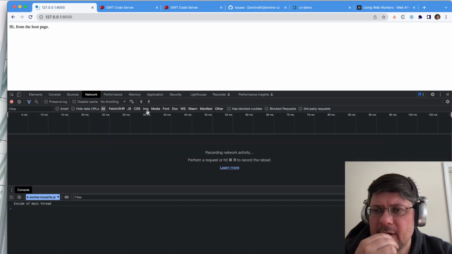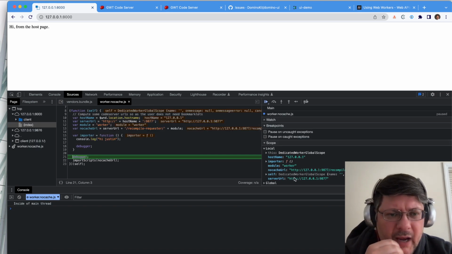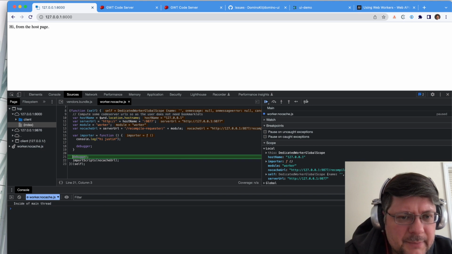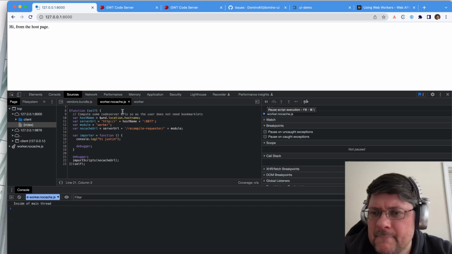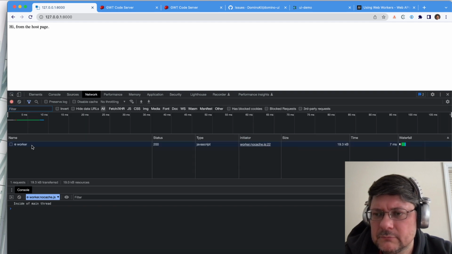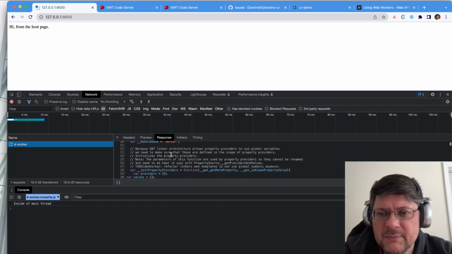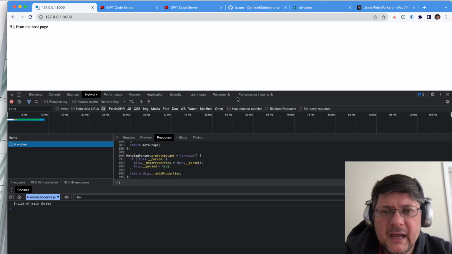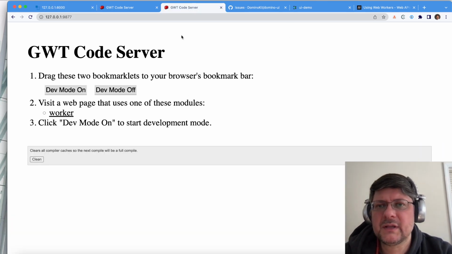And I'm going to clear that. Then I'm going to hit play because my no cache URL is this one, and it's got the correct port, and it's got the appropriate module name. But that isn't going to work. And the reason that's not going to work is because it's doing a lot of DOM stuff. This one's actually kind of interesting. So if I actually go to this URL,